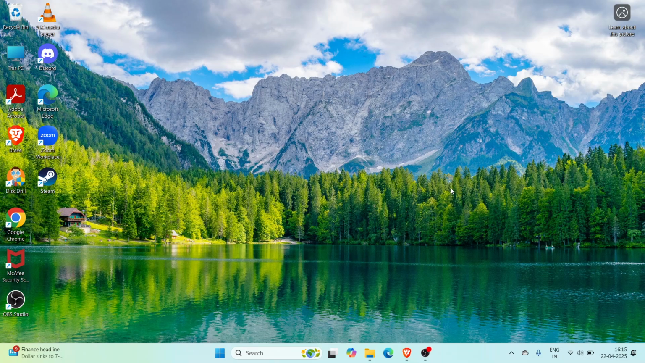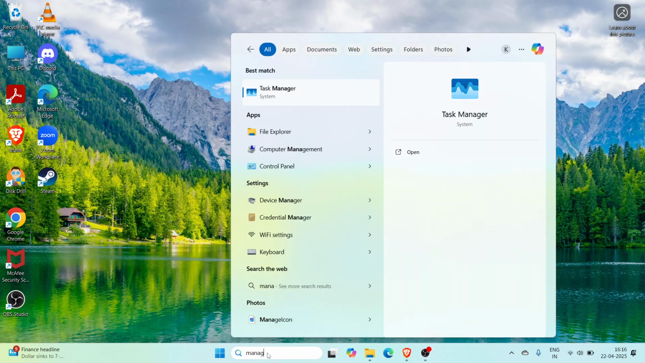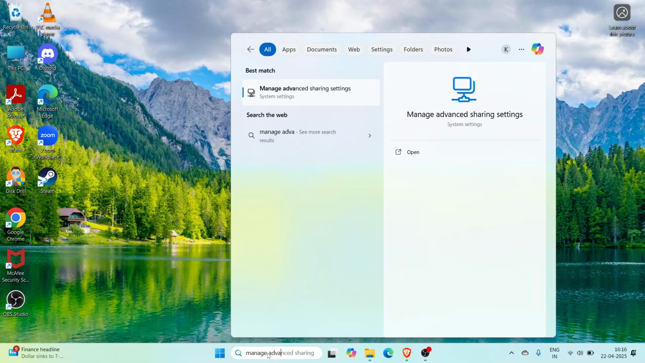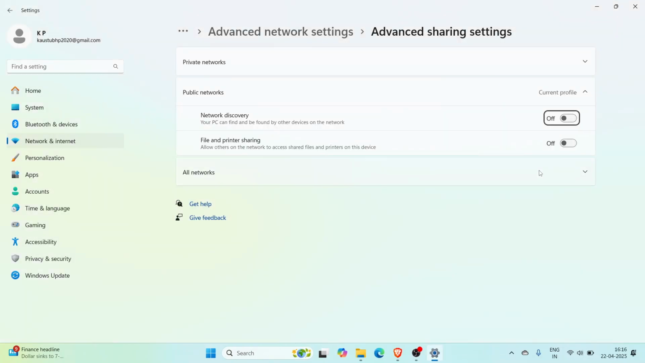In today's video we are going to see how to fix the issue of can't access shared folder in Windows 11 error. So to solve that you have to go to the search option. You have to search manage advanced sharing setting. Click on that. It will take you to the settings where you have to go to the